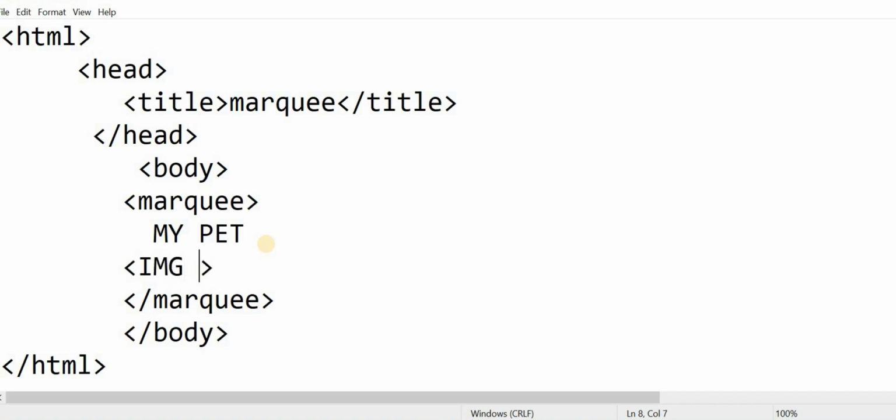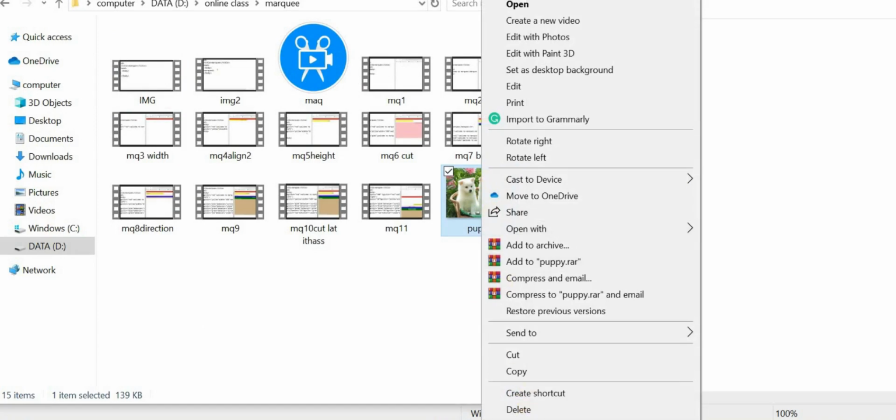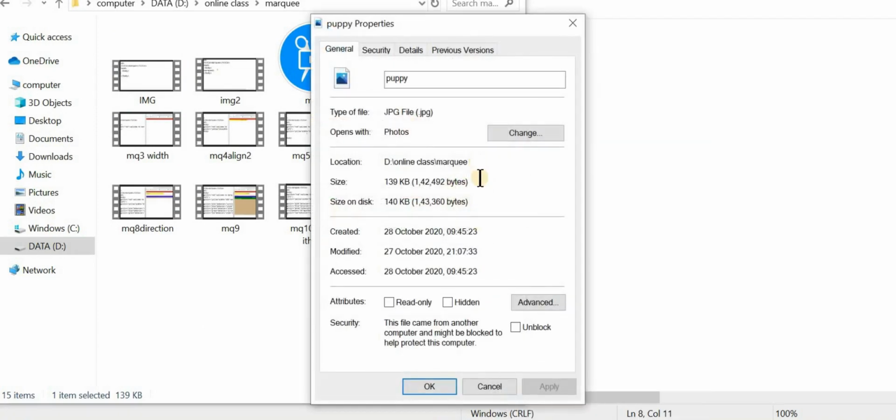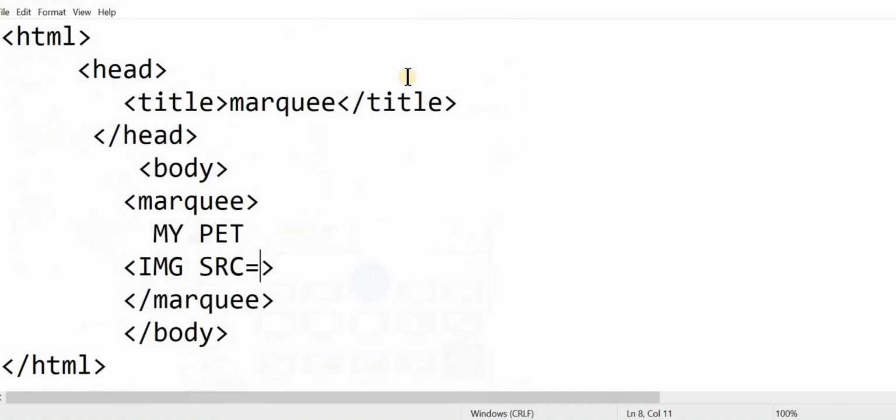And to call the source, we are using the attribute src is equal to, we can copy the picture path from the properties that all of you learned. Again once more I am showing that from the location we have to copy the location and you have to paste that here in this src double quotes.